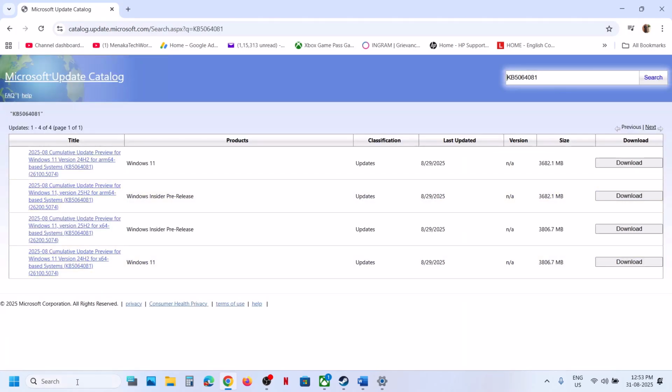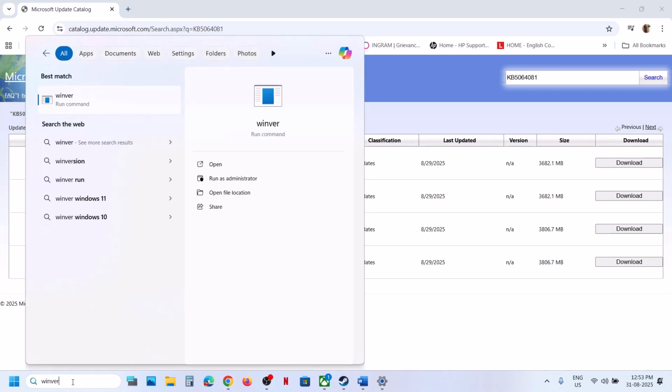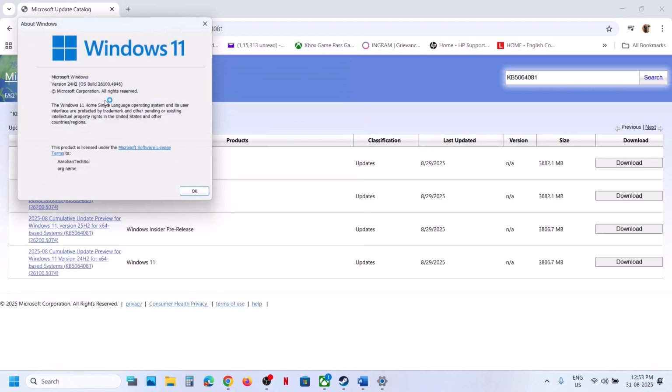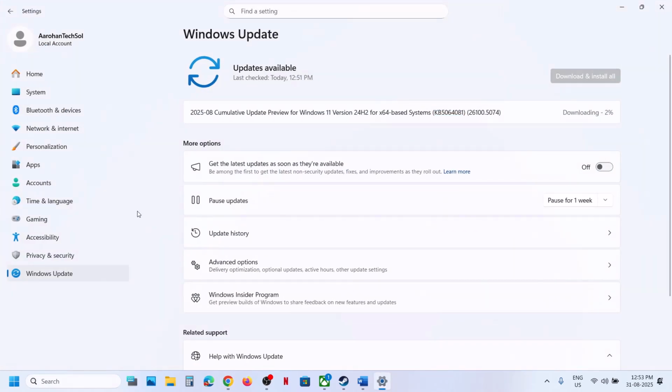Now over here, first of all, check which version you have. So type in WINVER in Windows search box and then click on WinVer over here. And in my case, it's version 24H2. So if you have 25H2, you have to select 25H2. Now in my case, it's 24H2, and then go to Windows Update once again, and then go to